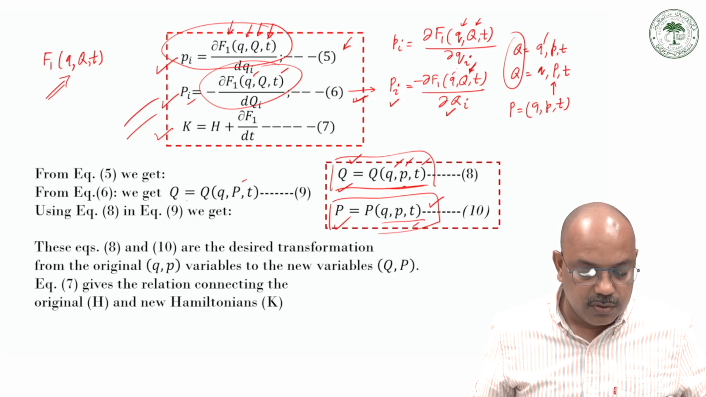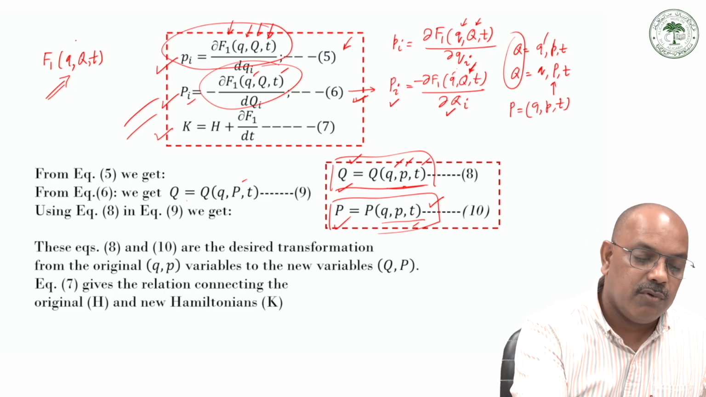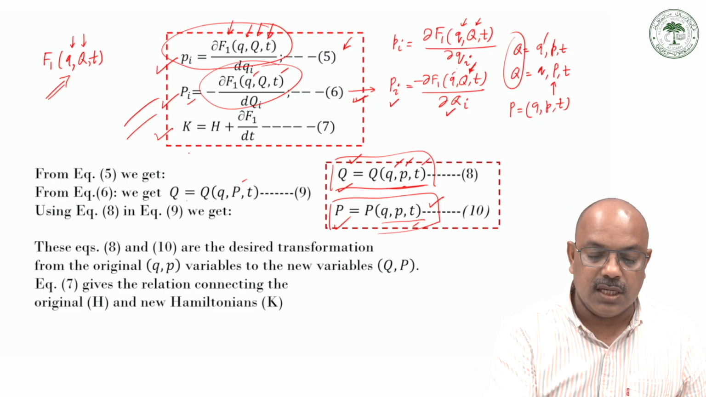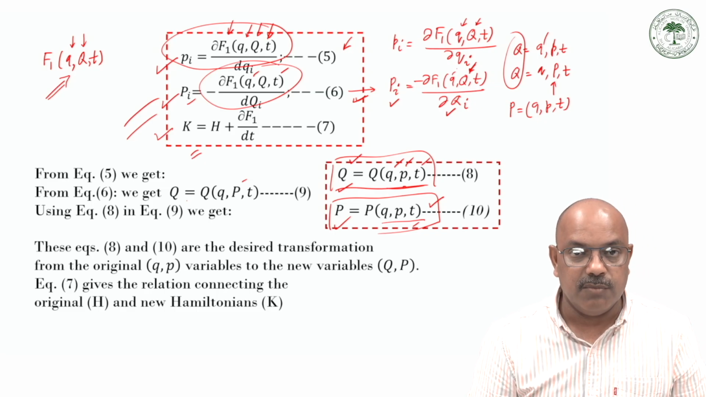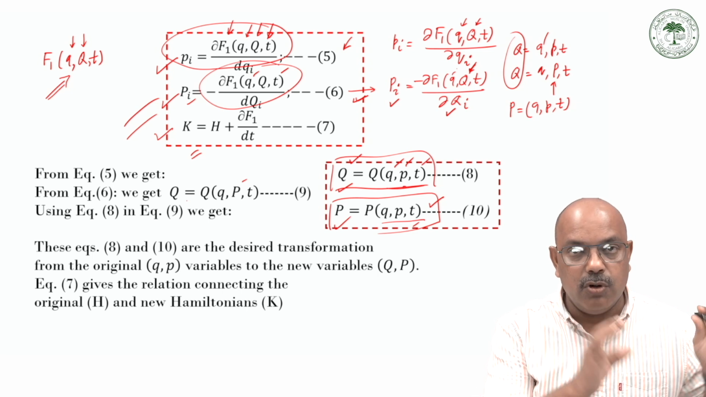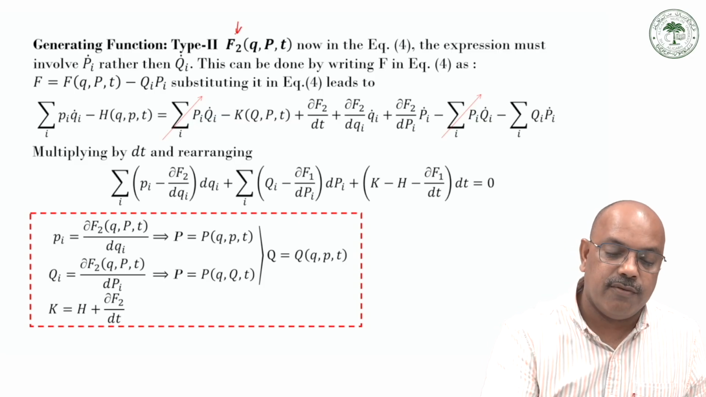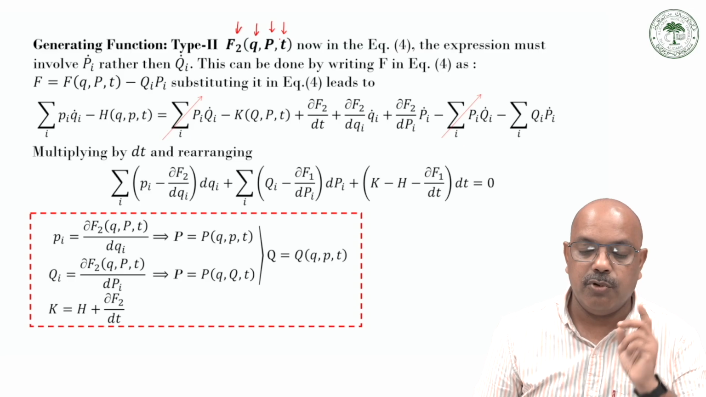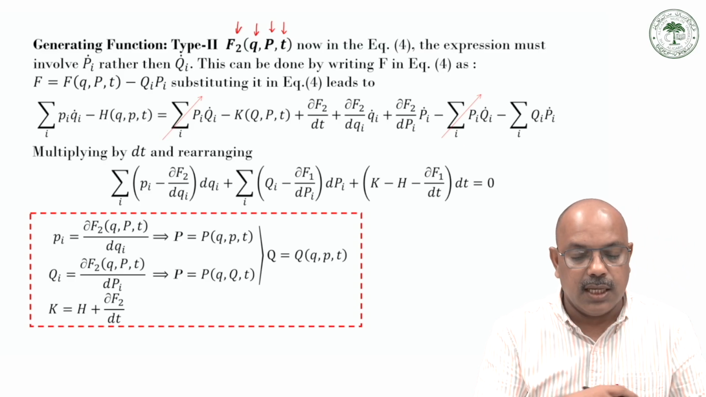Okay, so now you know that my first generator equation, which depends upon small q, capital Q, and T, gives me the transformation equations, which are going to give me the canonical way of transforming old coordinates to the new coordinates. And if the second type of generating function, which depends upon small q, capital P, and T, I'm going to put it here, what I'm going to get is